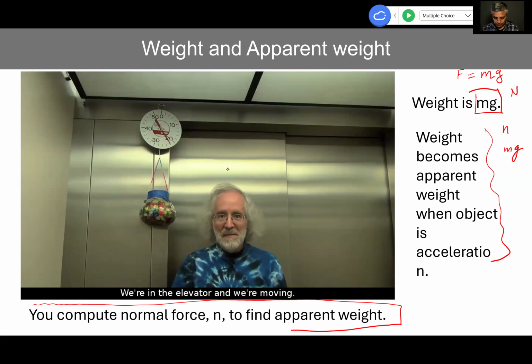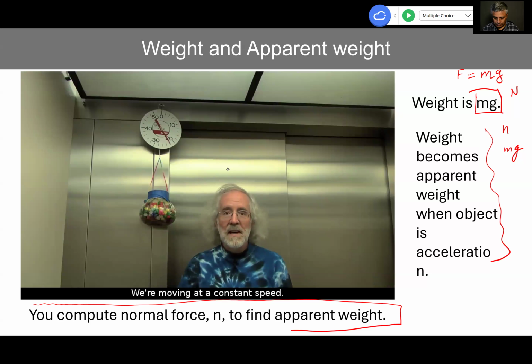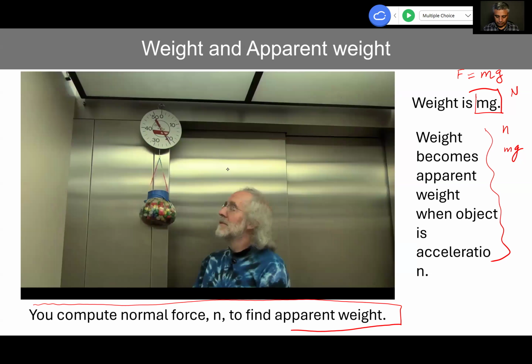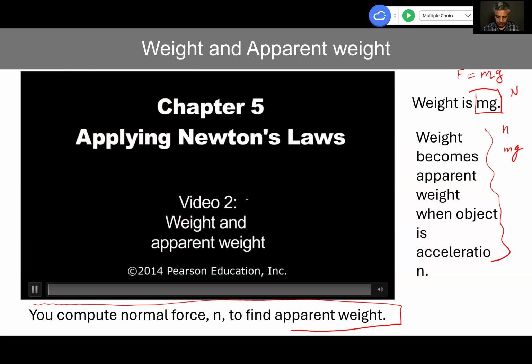We're in the elevator and we're moving. We're moving at a constant speed. Acceleration 0, net force is 0. But now, watch what happens. There's a small bump. And